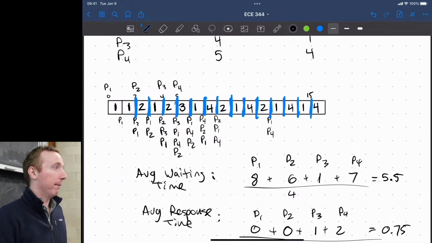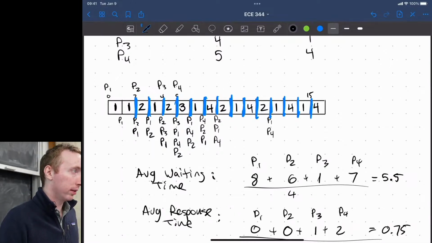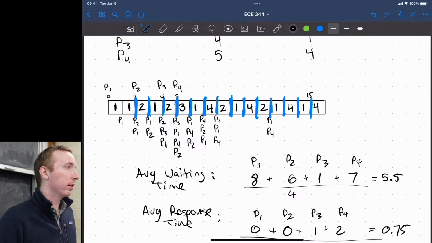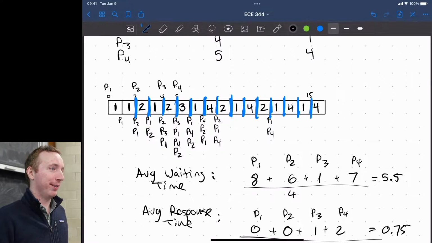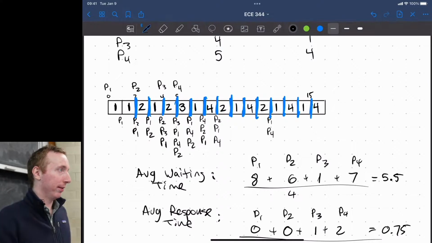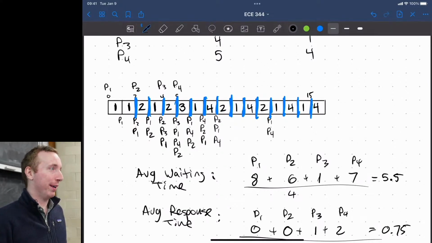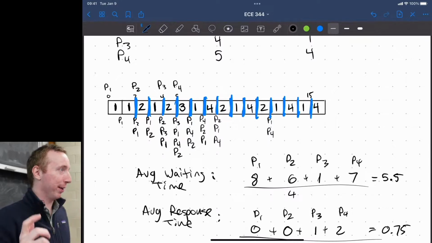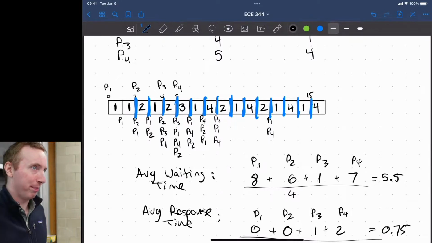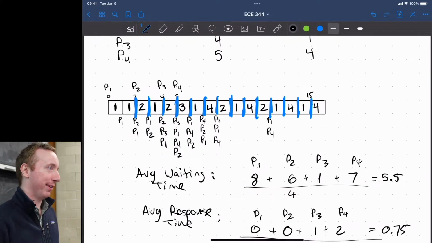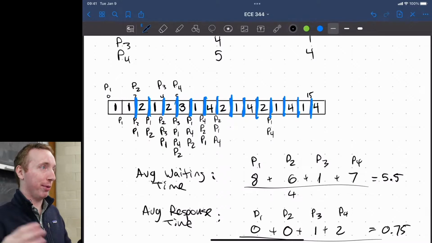Why is the average response time a useful metric? I thought what we mainly care about is when the process ends, not when it begins. So you would care about when it begins if it's an interactive application. Like if I click a mouse, when do I see some response? You don't really care when Firefox ends, you care when you see your mouse movement or something like that. And it's probably more realistic than average waiting time, unless you're just doing pure computation. So this crux of pure computation versus user interaction is what we'll see in more advanced scheduling.